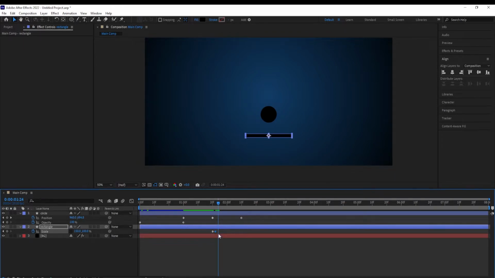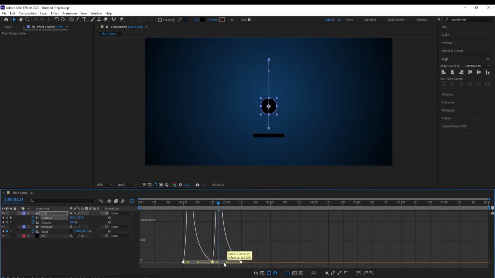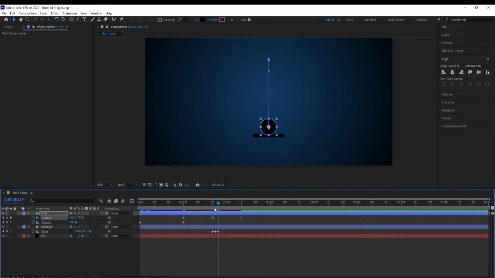By pressing page down it moves by 1 frame, so we press twice, and change it back to 100, and we select all those position keyframes for circle, hit F9 to smooth out our animation, select graph editor, and if your graph doesn't look like this, right click and select edit speed graph, and select those, make an adjustment to the curve, a peak into the middle, and we got an animation like